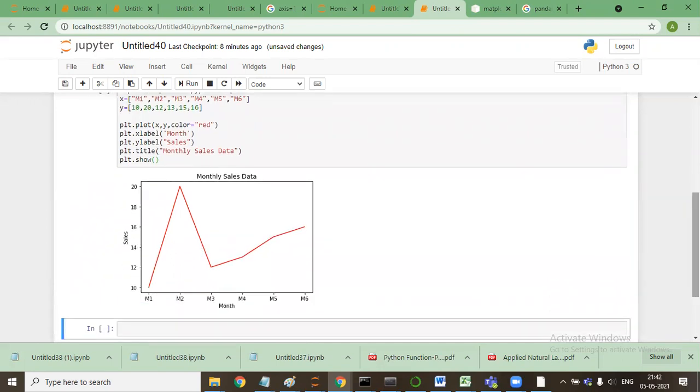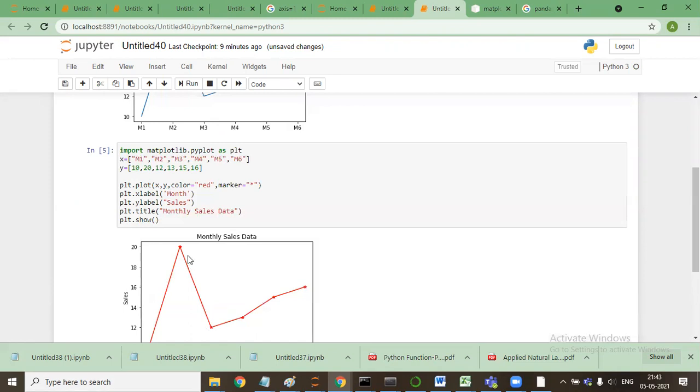So these are the things which you can change here. Apart from color, you can say marker is equal to asterisk. You will see asterisks marked over the line. So there are many functions that are associated to it.